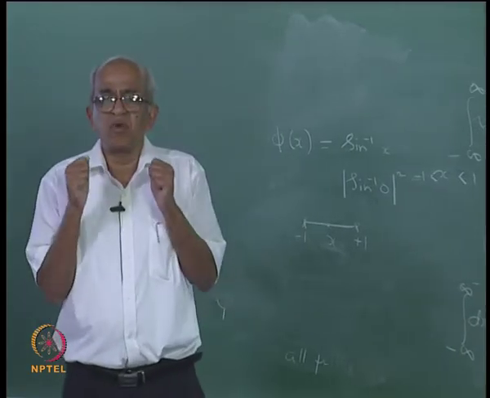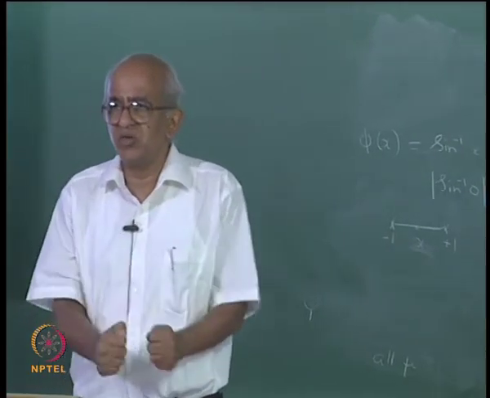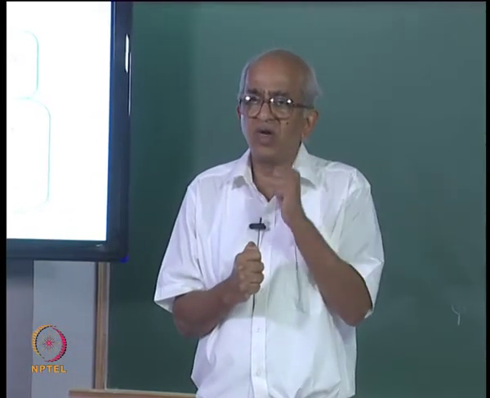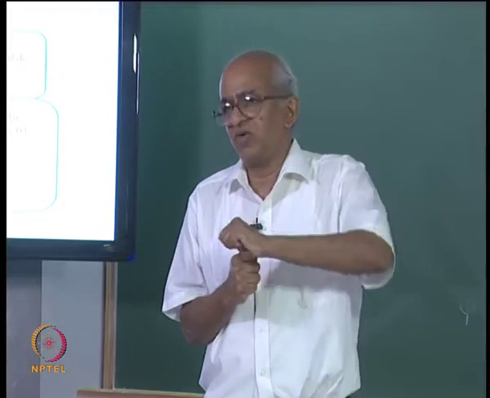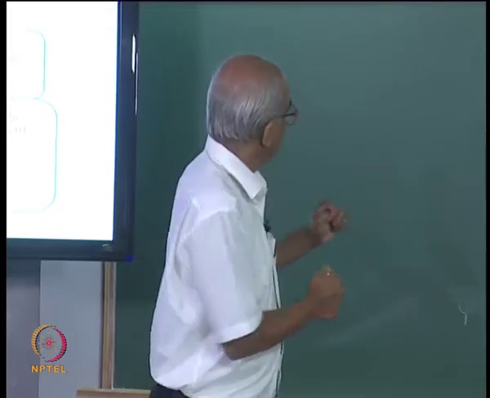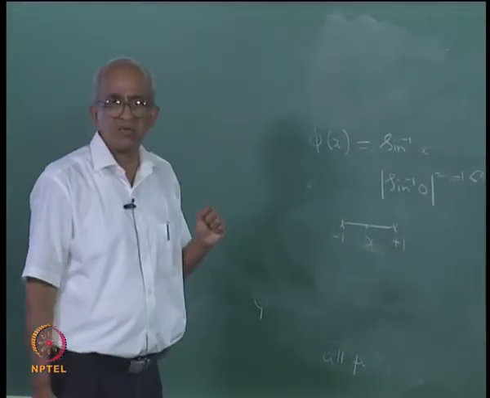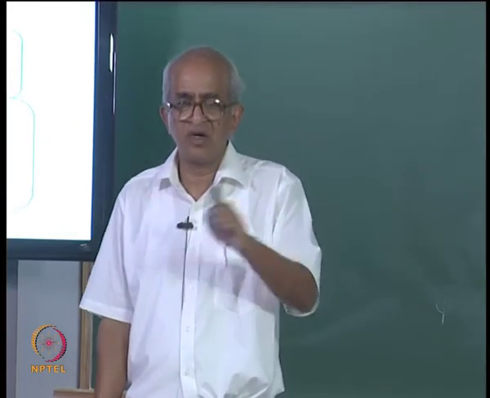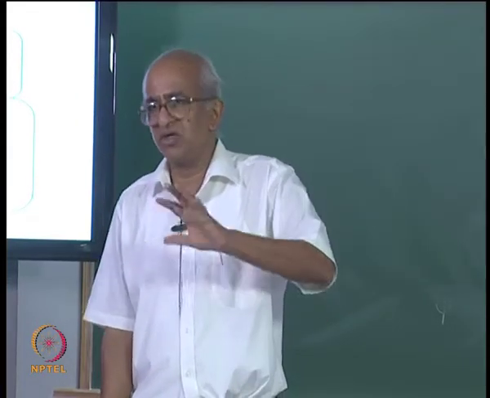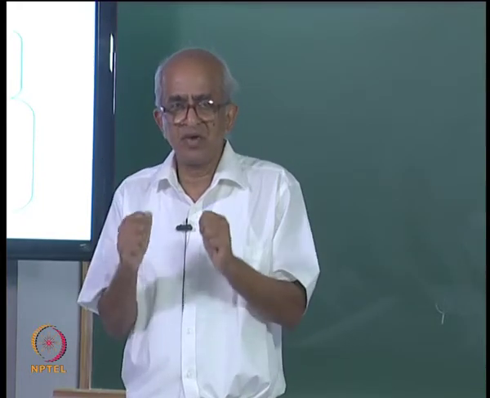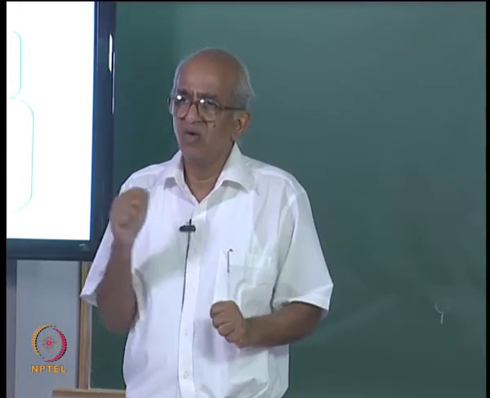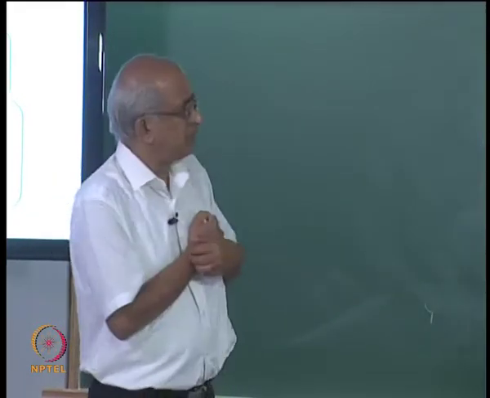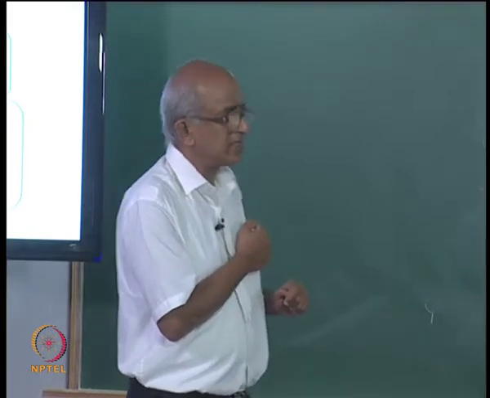We know that probability density is a number which has to be unique. It is something which is physically meaningful, which I can perhaps measure. So, I want only one value for probability density, I do not want multiple values. And therefore, what should I do? I will have to impose the condition that my state function is a single valued function. I do not want it to be a multiple valued function, because that is going to give me problems. At any point it can have only one value, not more than one. So, I say that my state function has to be a single valued function.